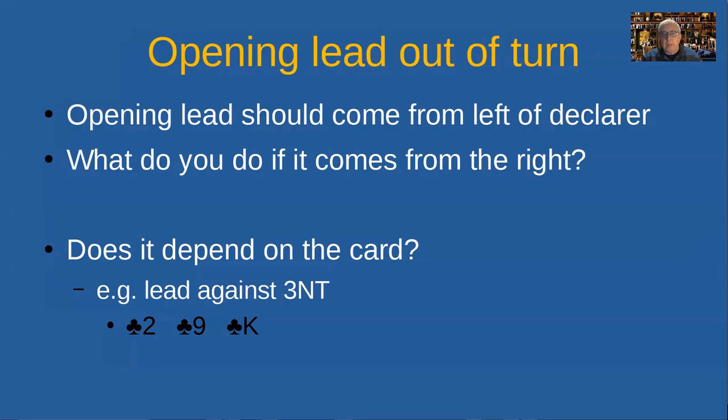For many people, leading a 9 with a standard lead means that the 9 is either a singleton or a doubleton. And with my partners, if they lead the king of clubs against 3 no trumps, I'm expecting king, queen, jack of the suit, or maybe king, queen, 10. So that's giving a lot of information. And we know that information is going to be one of the problems that we have to deal with.